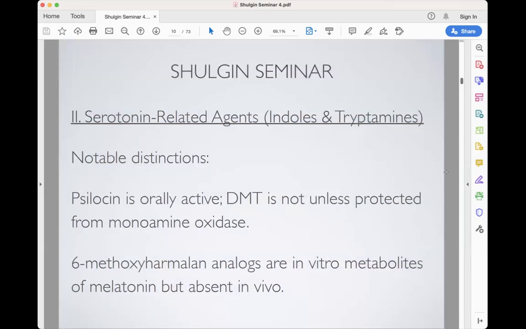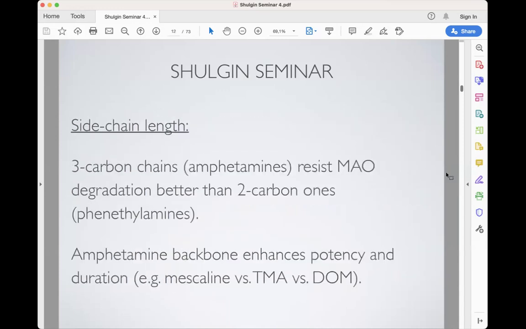And so these are just basic claims on serotonin type agents. And then he proceeds to the other substances like